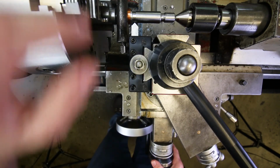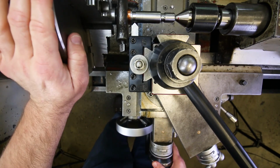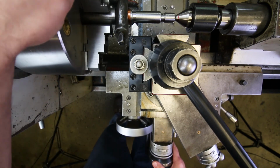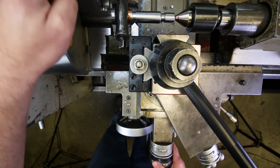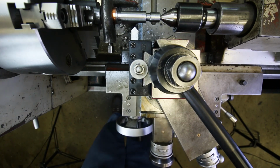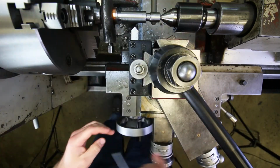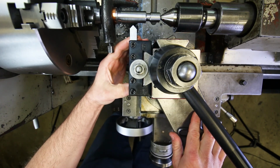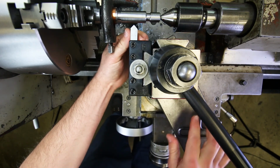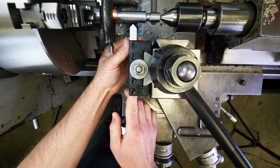So, I can see now that we're super, super close there with the side of the lathe dog. Okay? So, here's what I'm going to do. I am going to loosen the chamfer tool, and I'm going to just move it out a little ways. That's going to give me just a little bit more clearance to the side of the tool holder, just enough so that I can make that